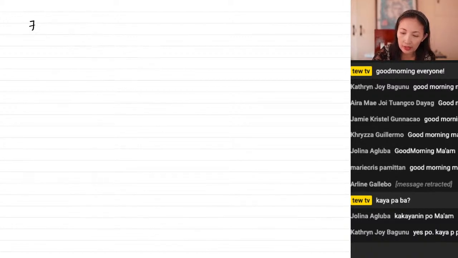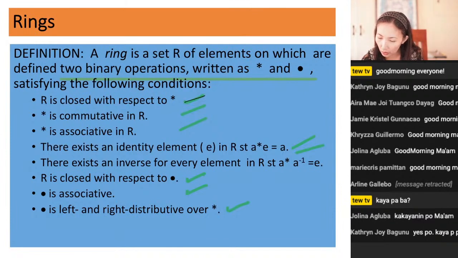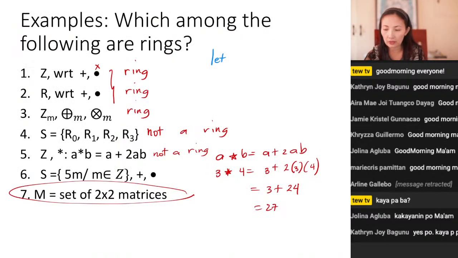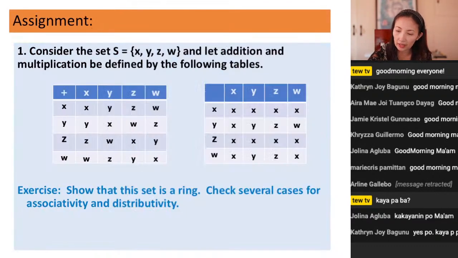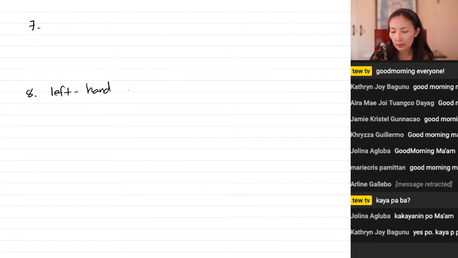And then number 7. What's property number 7 for a ring? Associative. Closed, no. We already checked that. We checked closure with respect to addition, commutativity, associativity, 4, 5, closure, associative. Associative, and then left and right hand distributive. So the last one is left and right hand distributive. I leave number 7, may we have number 8. Left hand distributivity